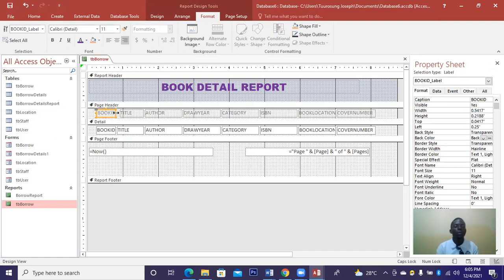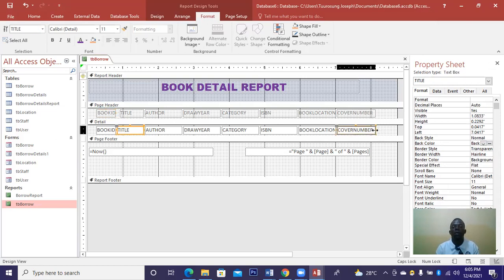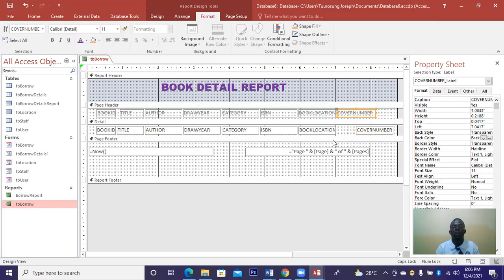Okay, but you can see the book title will need more information, a text that will be longer than that of the book number. So we need to reduce the book number here. Then rather increase the other one. So here we need to click this and drag and put it here. Book location. We click and drag, put it over there. This one we click and drag